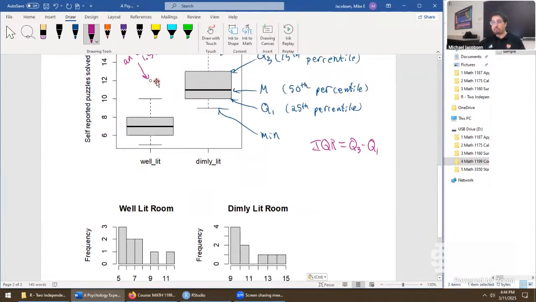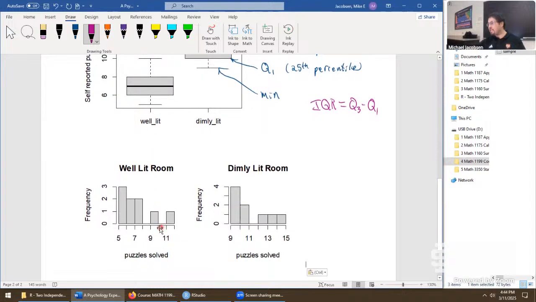Now this outlier that looks pretty concerning was at 12 puzzles solved, maximum excluding the outliers at 10 puzzles solved. And looking at the data from 9 to 10, one student is in there just barely at the upper value, 10. This is the outlier, but it really doesn't look too extreme so far. In fact, what's going on well for us in this problem is both sets of data have the same shape. That's good for the statistical procedure we're going to use.